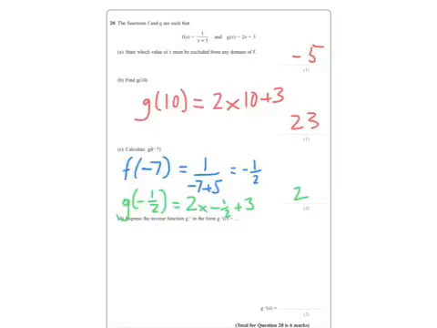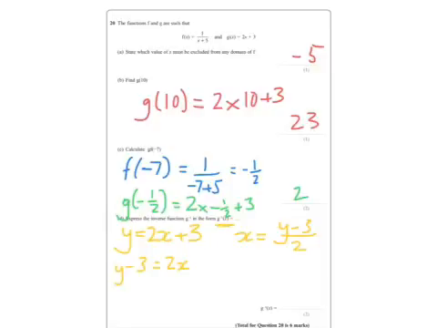Now then, the last one says express the inverse function g to the minus 1 in the form g to the minus 1 of x. Now what that means is we need to rearrange this. So I'm calling it y first of all, and so y minus 3 equals 2x, and so therefore x equals y minus 3 over 2,